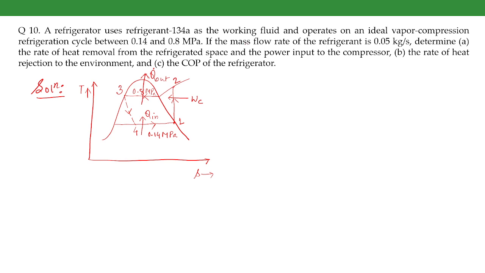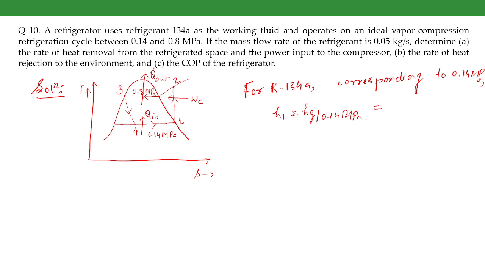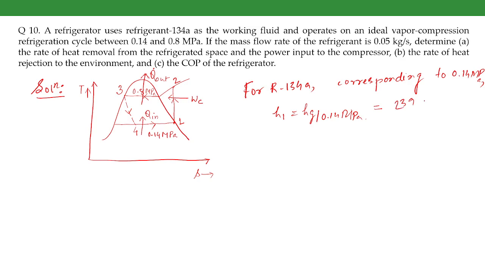Now for R134A, corresponding to 0.14 MPa, H1 is equal to Hg at 0.14 MPa saturation pressure. So this value is 239.16 kilojoule per kg, and the entropy at the state point 1 is entropy of the vapor phase at 0.14 MPa saturation pressure, that is 0.94456 kilojoule per kg K. Now, since it is an ideal vapor compression refrigeration cycle, the process 1 to 2 is